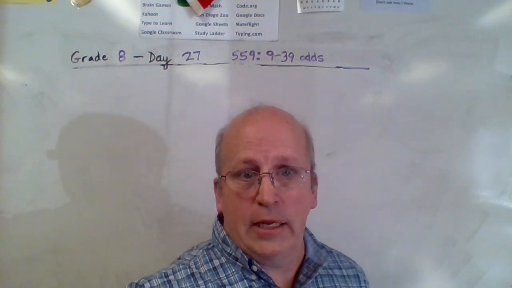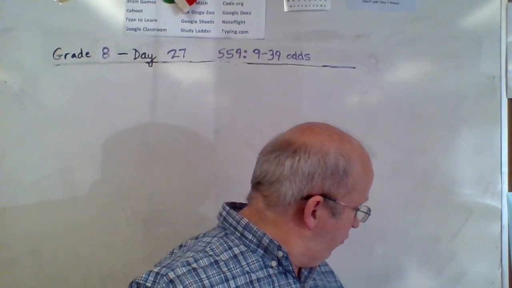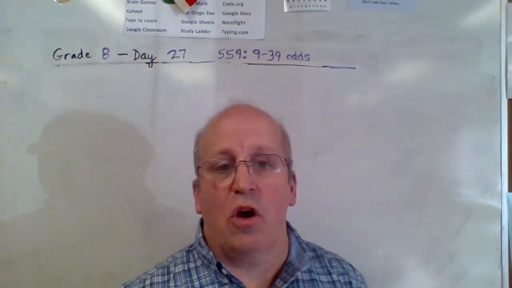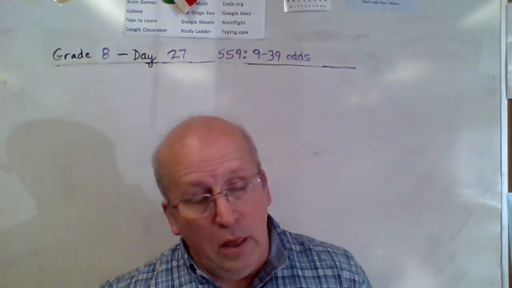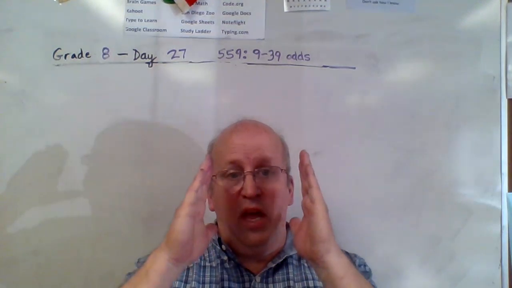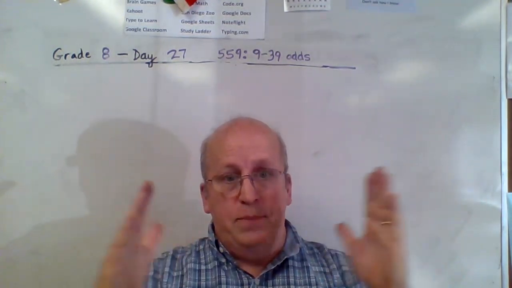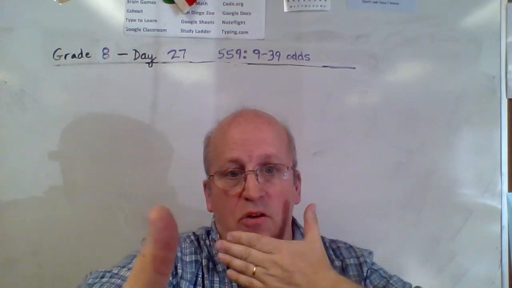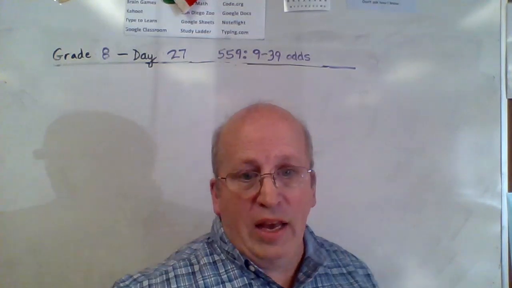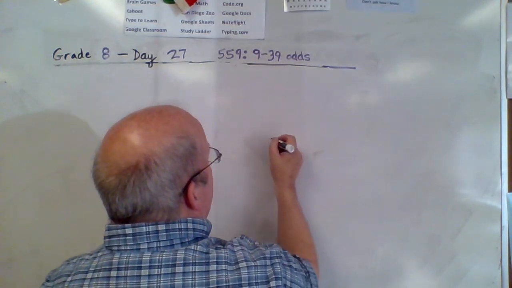sure you understand. Starting on page 556, it says that we're talking about three-dimensional figures. What in the world does that mean? Three-dimensional figures are figures that have a width to them, a height to them, but they also have a depth to them. Okay? If I draw, for example, a line